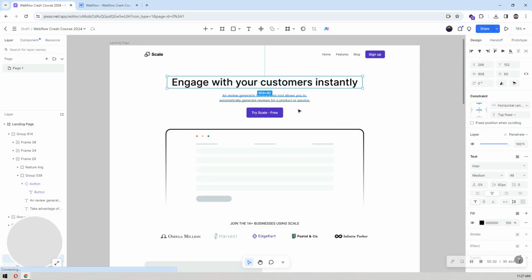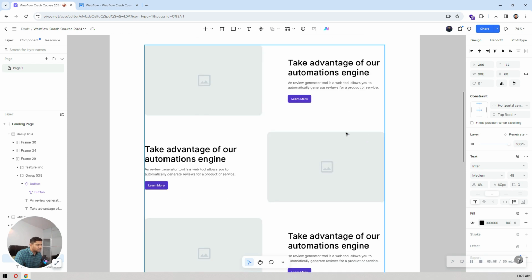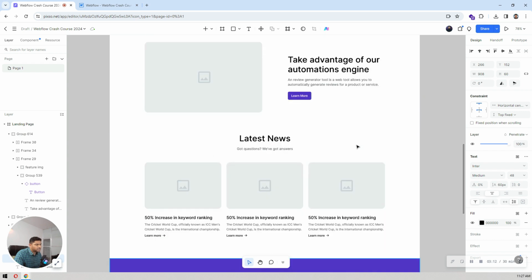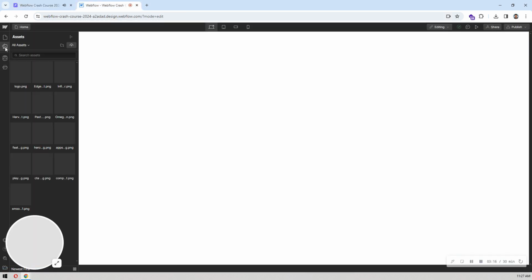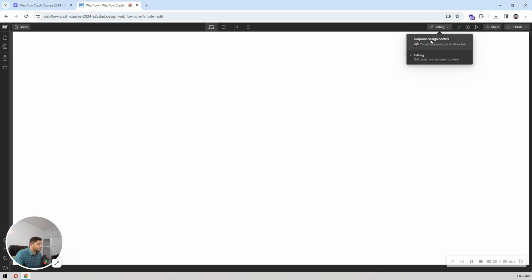So this is my process when I'm building any website. This is how I build. I add fonts first, and then export all the images. Let's say here we have a logo as an image, here we have logos of our clients, here we have this image, blog images. I export all of the images and add them first here, so that I have everything in place, just to start